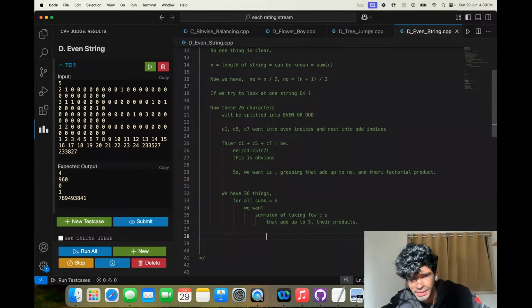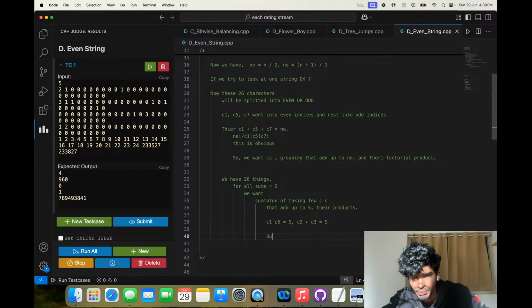Do you guys get what I mean? Let's say C1, C5 will add up to S, and also C2, C3 will add up to S. We want the summation of the inverse of C1 factorial, C5 factorial, plus the inverse of C2 factorial, C3 factorial. We just want their inverses. We want all this summation.